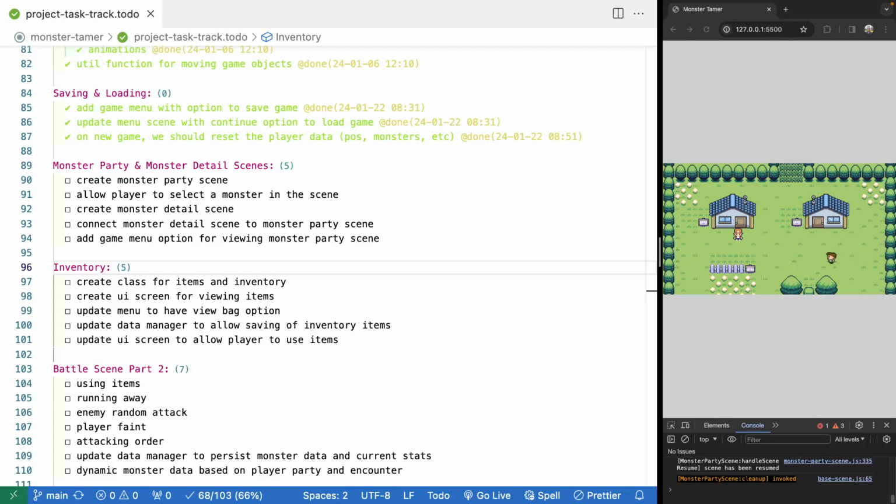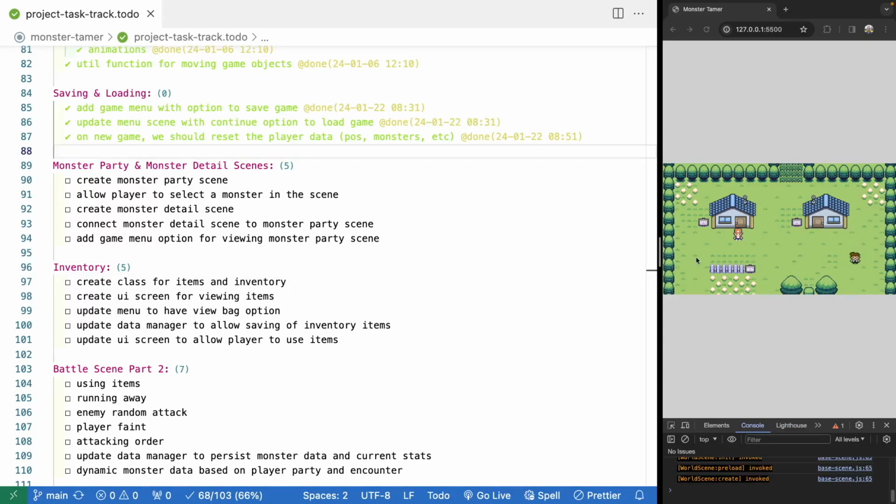And so typically this would display things like the monster's name, their ID, maybe a quick summary of some details about that monster, where they can be found, and we'll be able to view all their attacks. Then later on, we'll be able to connect this to our inventory scene where we'll be able to use items and then pick a monster from our party and apply that item to them. Likewise, we'll be able to connect this to our battle scene so we can actually view the monsters in our